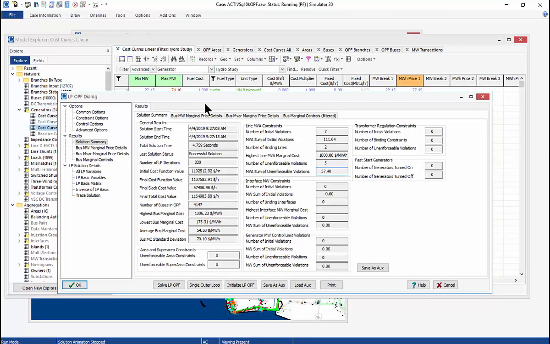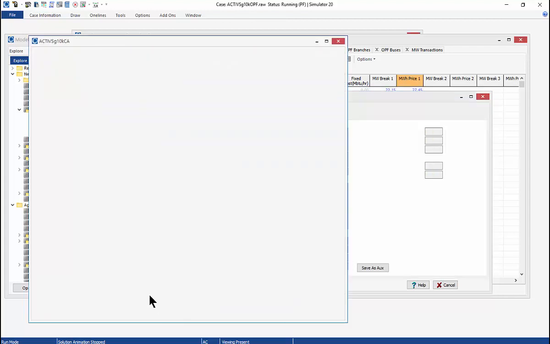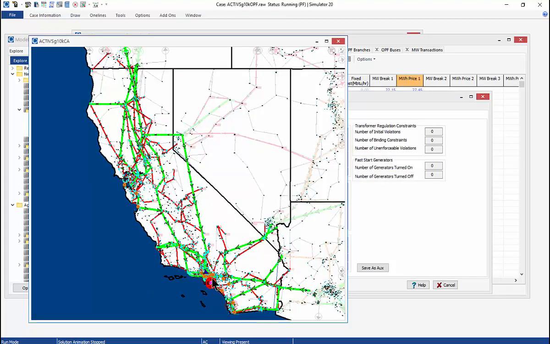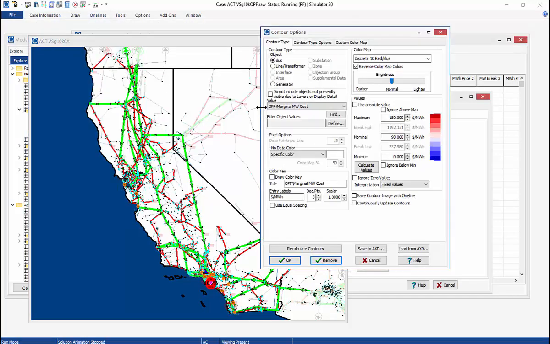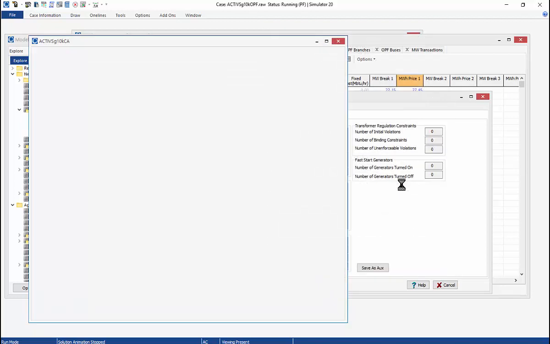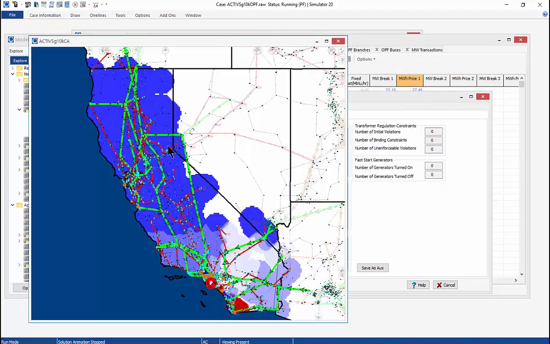a OneLine diagram too. So if we switch back over to the OneLine diagram, we can see we have some constrained elements down here. And if we go to OneLine's contouring and then open that, it's actually all set. The one line was saved in a state where it's all set to go with the contour that we want for this example. So we're contouring the megawatt marginal cost and using this scale from 0 to 180. And if we just say yes, then